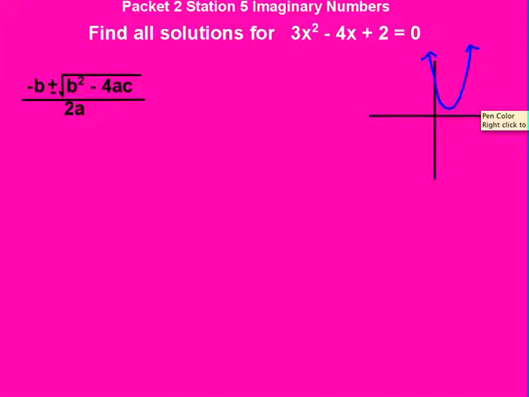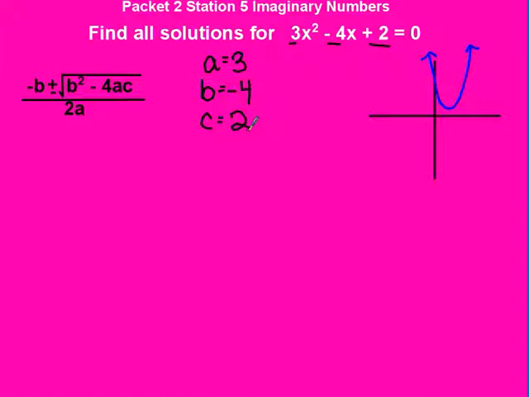Well, we did talk about the imaginary number system, and so to be thorough, we need to investigate and see if maybe there are a couple of imaginary solutions at work here. For this, we're going to need the quadratic formula. If you look at your original equation, a comes before x squared, so my a is 3. B comes before x with its sign, that's -4, and